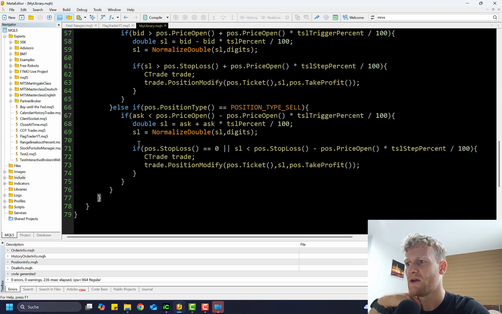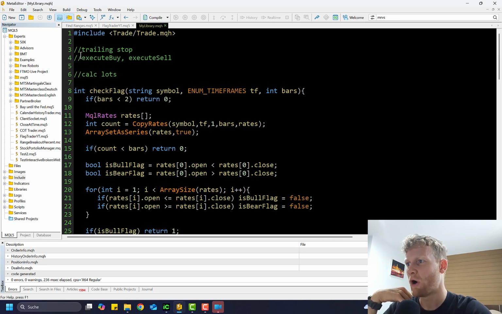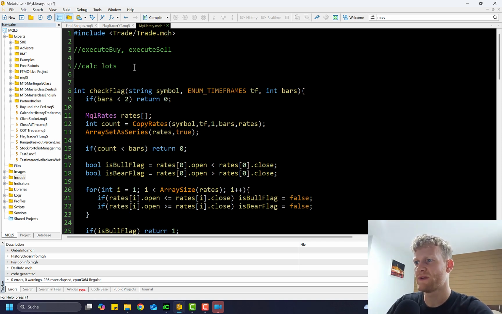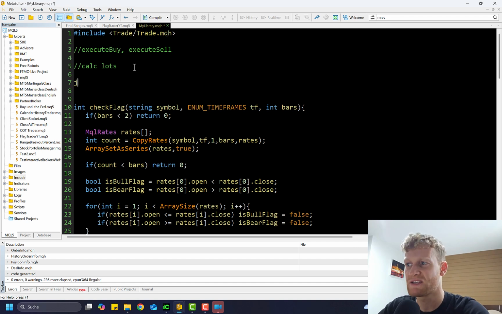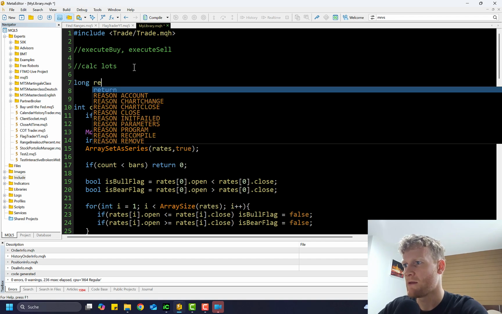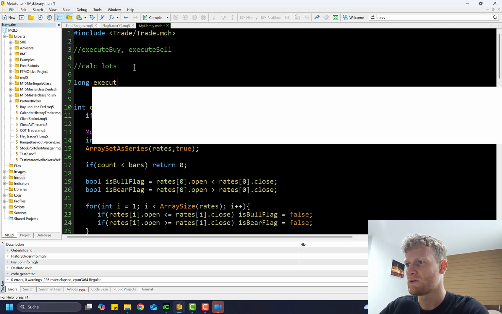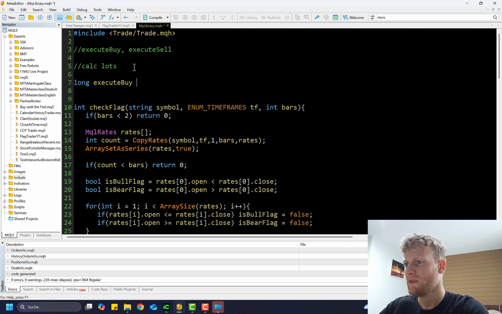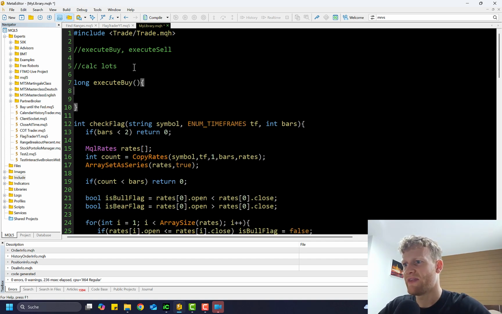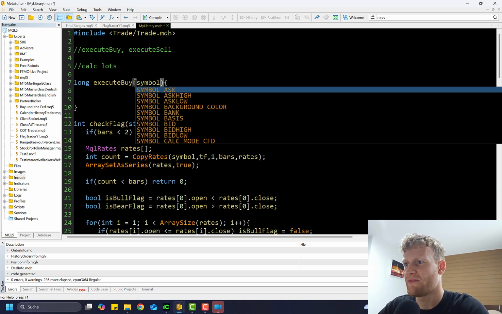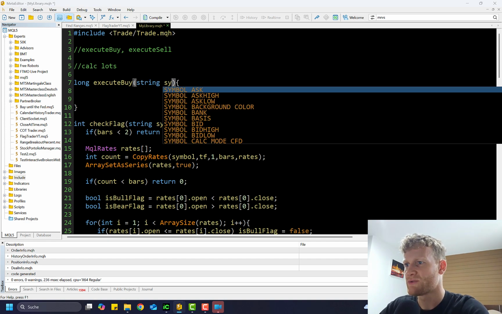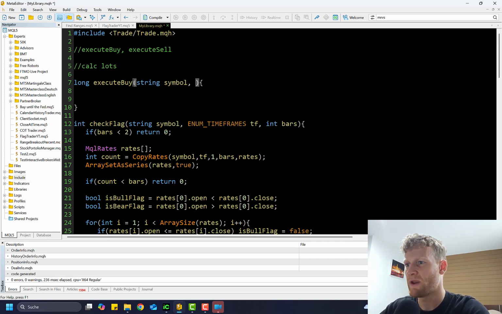Talking about positions, we can also, and this is a thing I would always recommend, create some functions here that help us to open positions. For example, I usually like to create an execute buy and execute sell function. So for example, you could say execute buy, or let's make this an unsigned long, or a long, execute buy function. And then we also want to have the symbol, for example, here, string symbol, and we want to have